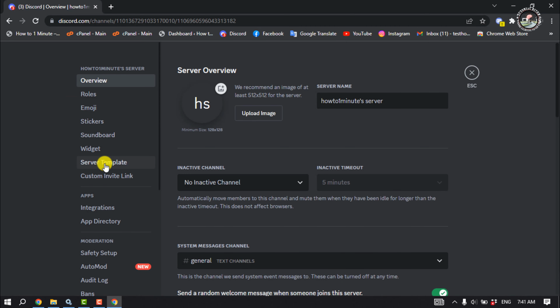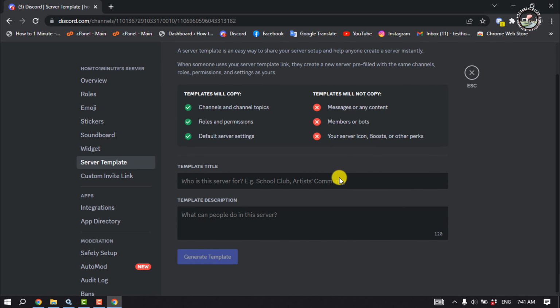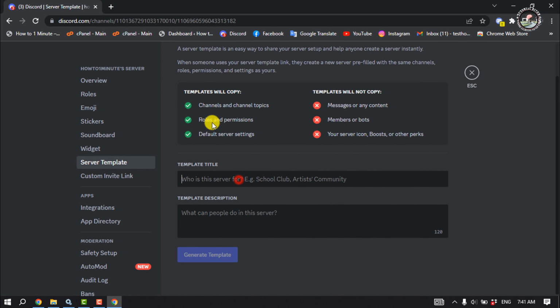Here click on server template and give here a template title, and you can add a description here. Then click on generate template,